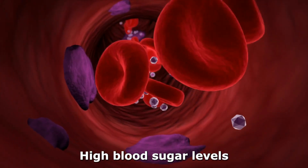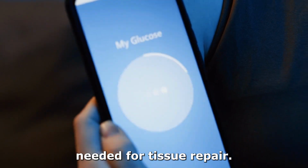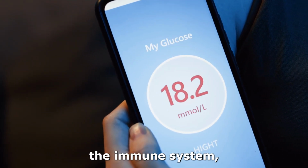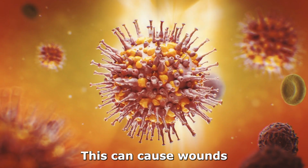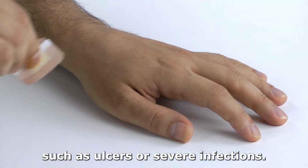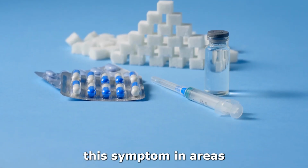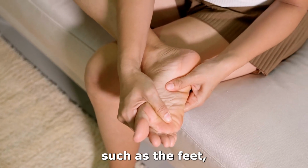High blood sugar levels impair circulation, reducing the supply of oxygen and nutrients needed for tissue repair. Additionally, elevated glucose weakens the immune system, making the body less effective at fighting off infections. This can cause wounds to remain open longer, increasing the risk of complications such as ulcers or severe infections. People with diabetes often notice this symptom in areas that experience pressure or friction, such as the feet, making proper